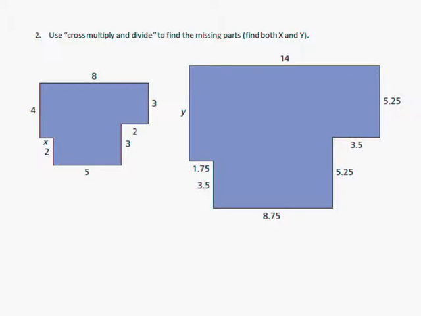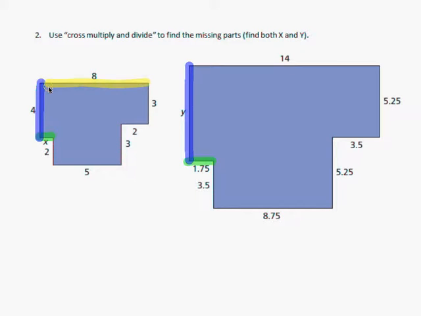Use the cross multiply and divide to find the missing parts, both x and y. Now, we have a couple other numbers that we need to include here. So I'm going to go ahead and start matching up the x and the y. So the x is this little side, matches up with that little side. The y is this big side, matches up with that side. Now, I cannot have an x and a y in the same proportion. So I've got to find a number that matches up with another number. So I'm just going to pick